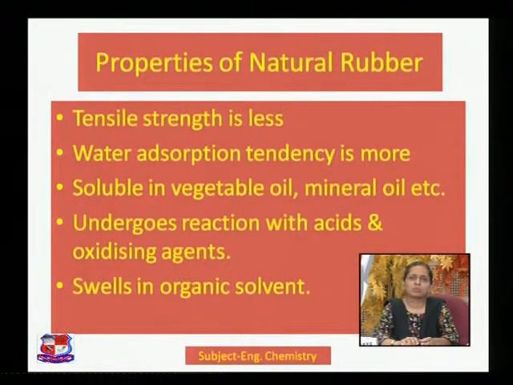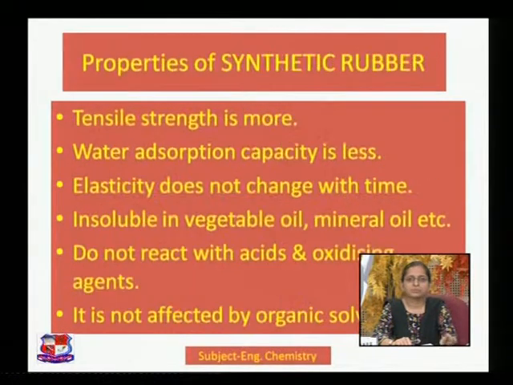So we have the properties of natural rubber, but if you want to use it, we cannot use it directly from the tree. It is very difficult to use because there are many drawbacks, there are many different properties that may not suit our application, and hence we have to modify the property of this natural rubber so that we can use it in different applications. That one has to keep in mind.